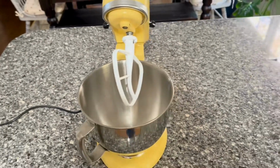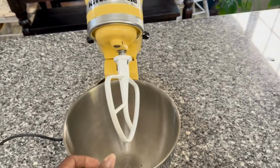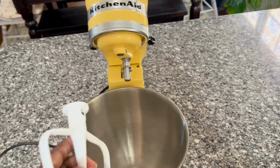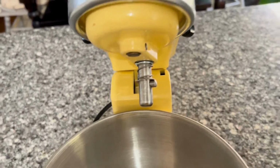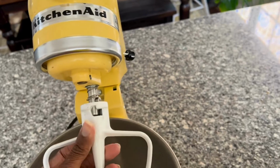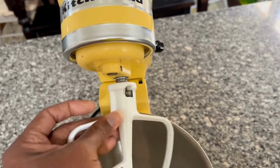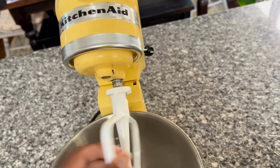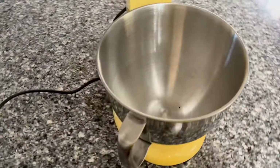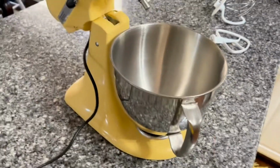Your mixing attachment is easy to take off and to put on. As you can see, you just turn it like this and it comes right off. It's spring loaded. Then you line up with a slot and you slide it back on and lock it in place and you're good to go. See that? It's pretty stable. So see, easy to come off and have access to your bowl and your mixing container if you need to,